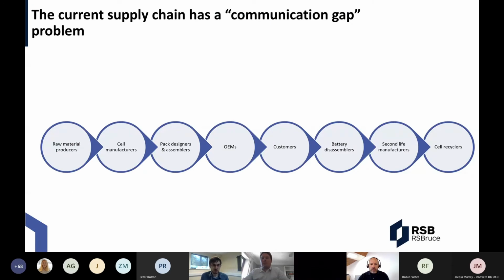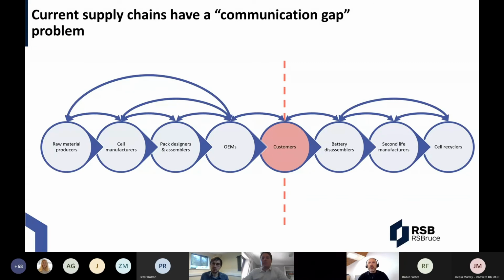So what we've got here is a very basic, simple supply chain, going from the raw materials right to the end, the cell recyclers, and what is one of the big problems in my mind that you often find is that there's often this communications gap, which is all along the supply chain. People talk to the people just next to them, or perhaps a couple of steps down the chain. But then when it gets to the customers, there's this